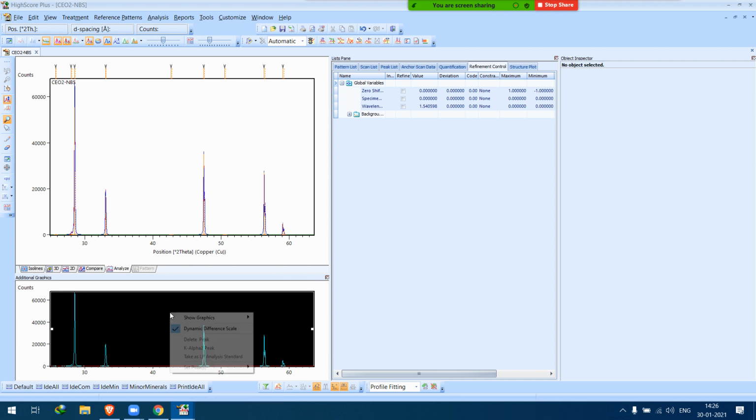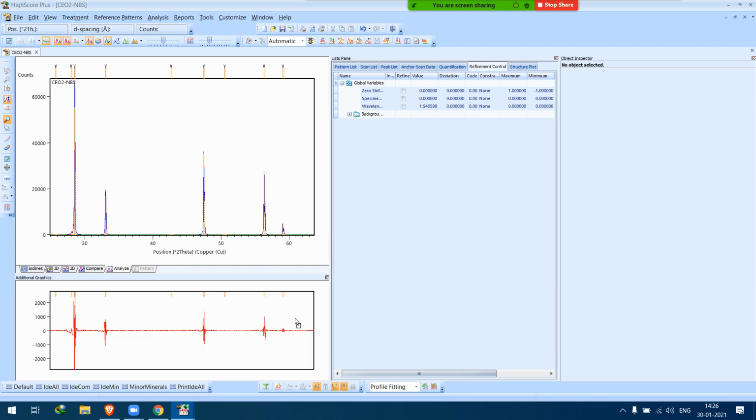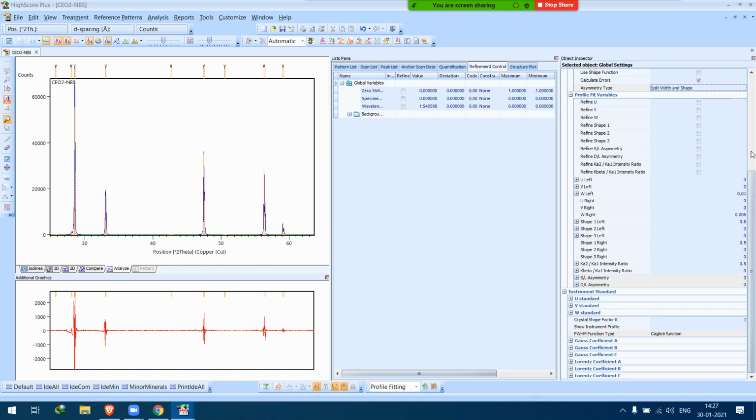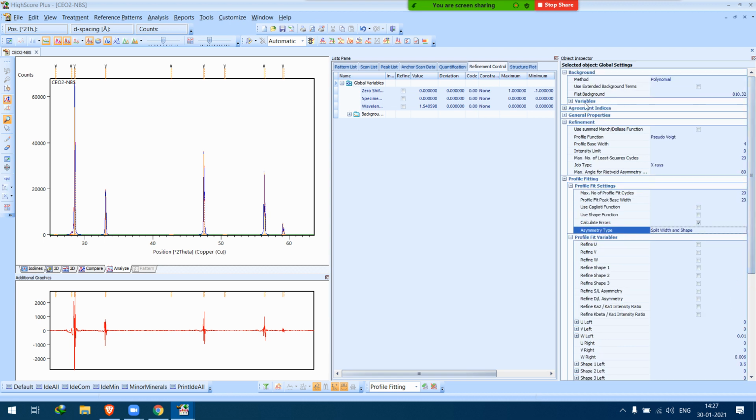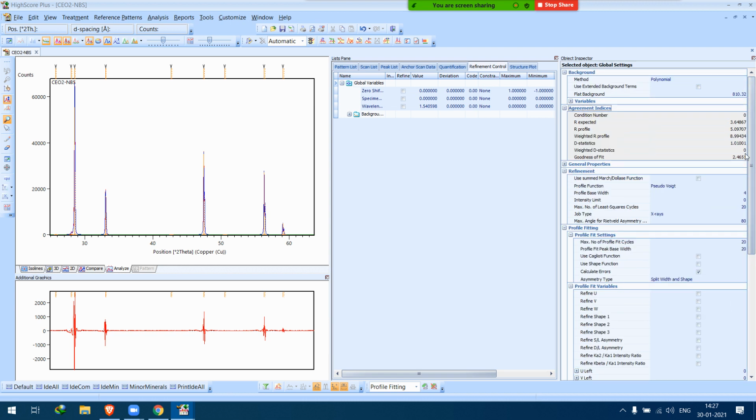Now we can see the difference plot. We have an Rwp value of around 8.99, which is good.